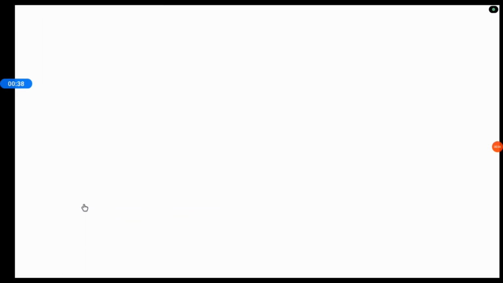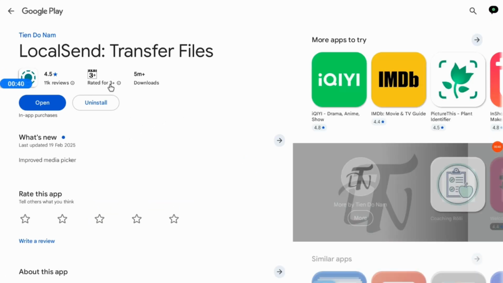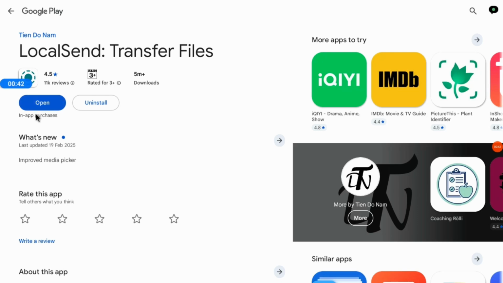So click on that link, and then if you have your Google logged in already, this should bring you right to this page. You will find an install button here and you'll be able to install the app. But I already have it installed, so I'm going to launch with open. Now as I've clicked on open, the app is going to launch and I'm going to find